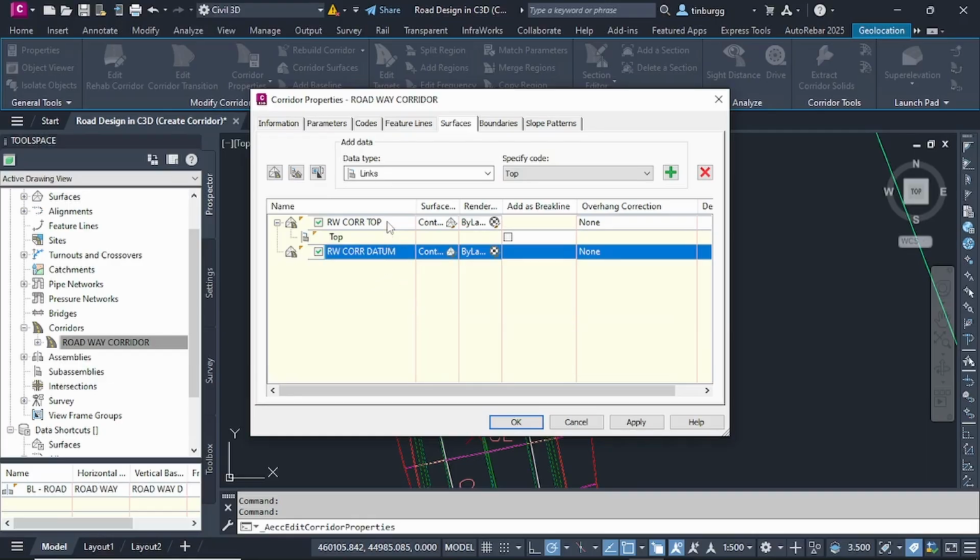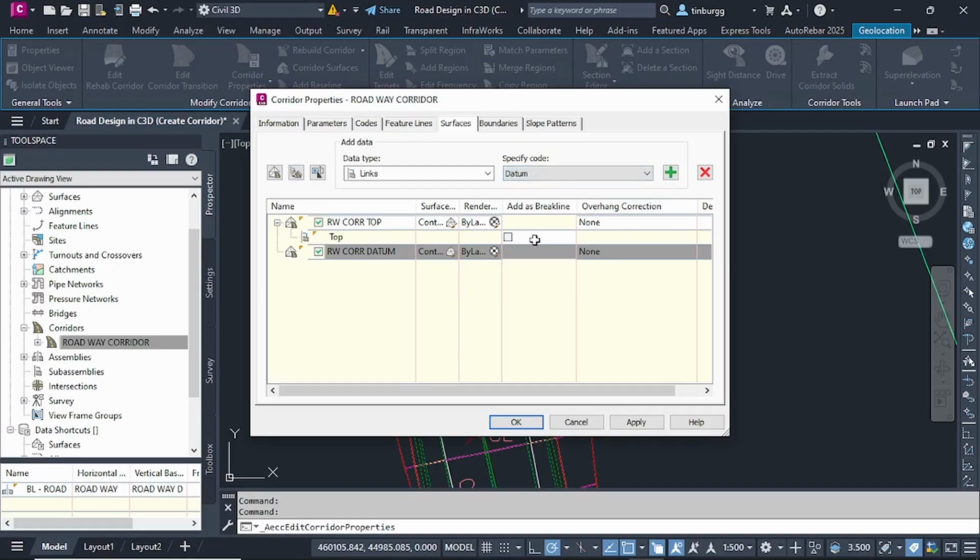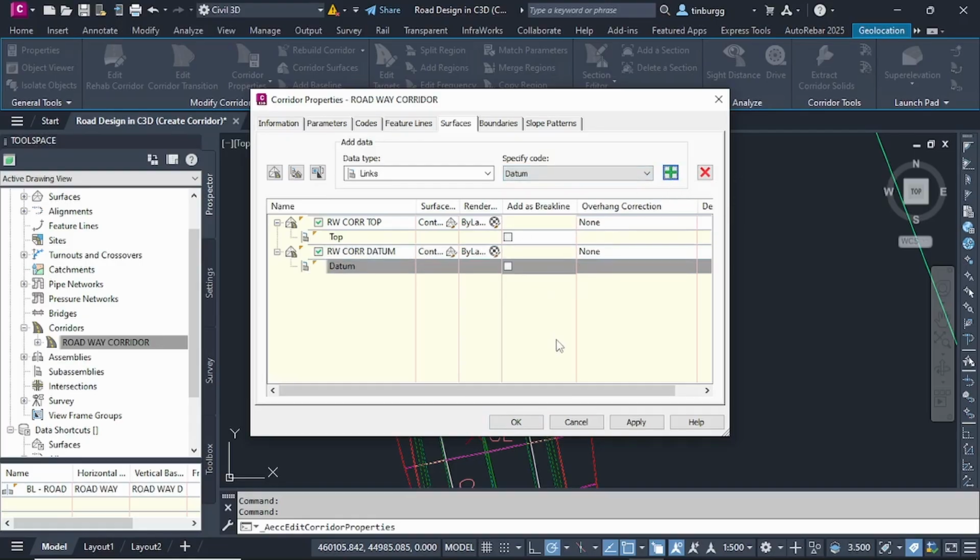So you're going to see why I'm calling this one the top and then this one the datum. In adding the datum, we are still going to specify the data type as links, and then when you specify the code, let's specify it as the datum, and then you click on the green plus sign to add it there. So we have created two surfaces, one on top of the pavement, and then